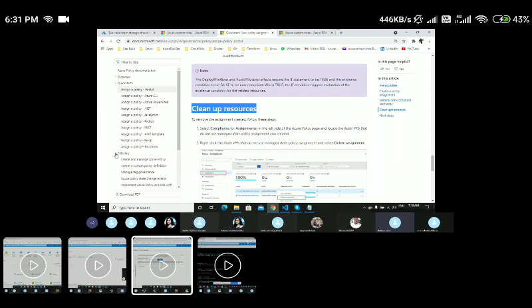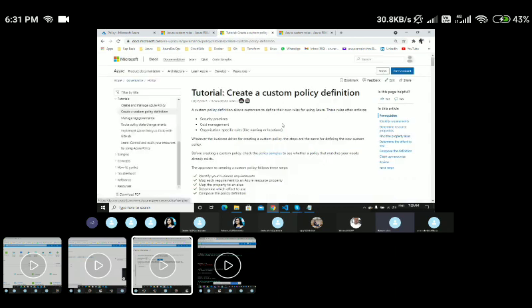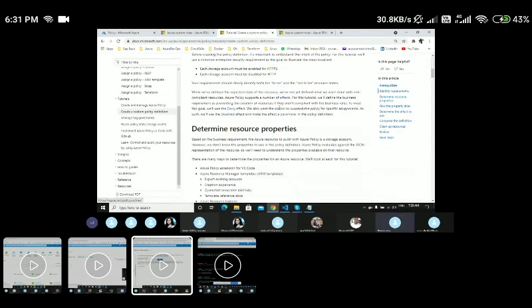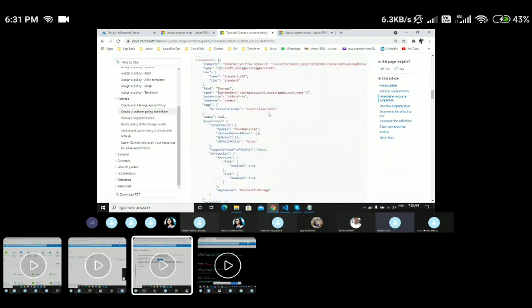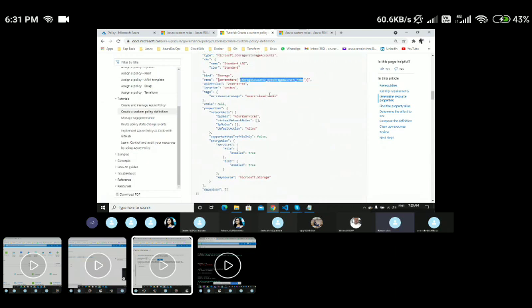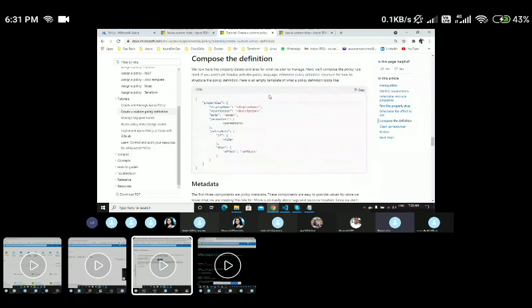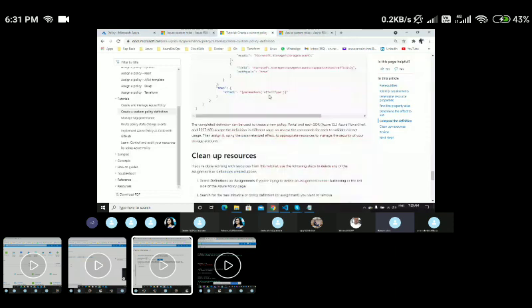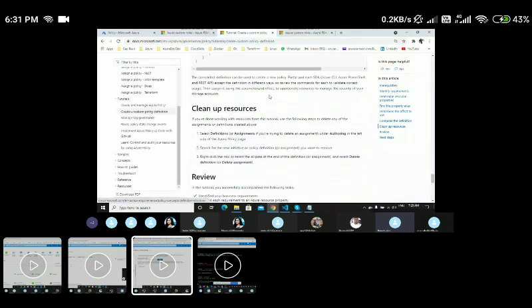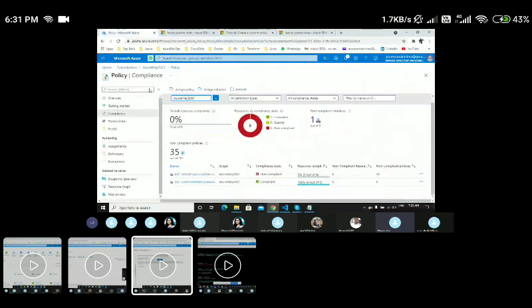In the same way, you can go to the tutorial tab. If you wanted to create any new policy, here you could see create a custom policy definition. Go here to see how we can create custom policies. Come down and you can see some of the custom policies which have extra templates. I don't recommend going through this at this moment, because you should first understand some of the properties of the resources, and only then will you be able to do it. But I'm just giving the path for how we can navigate and perform it. This is pretty much about the policies.